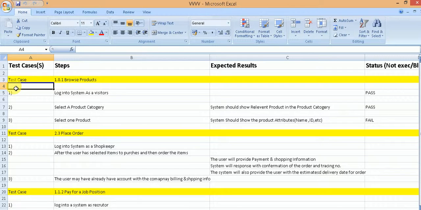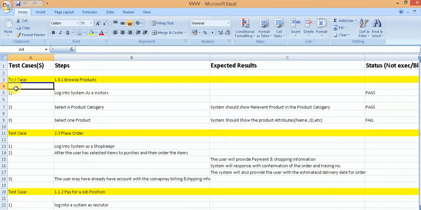So if it is a 10 step test case, it may be blocked from step 5 onwards. From step 5 onwards, you are unable to execute any of the steps. That is called a partial blockage of the test case. If the test case is not blocked, which means that you are able to execute each and every one of the steps, then 2 possibilities are there.